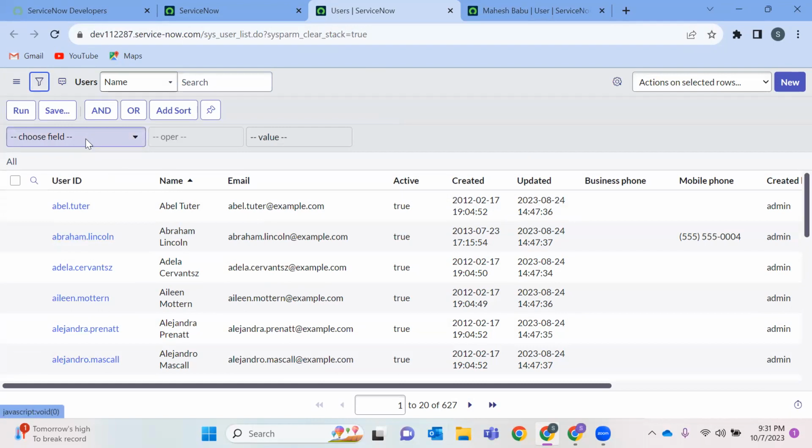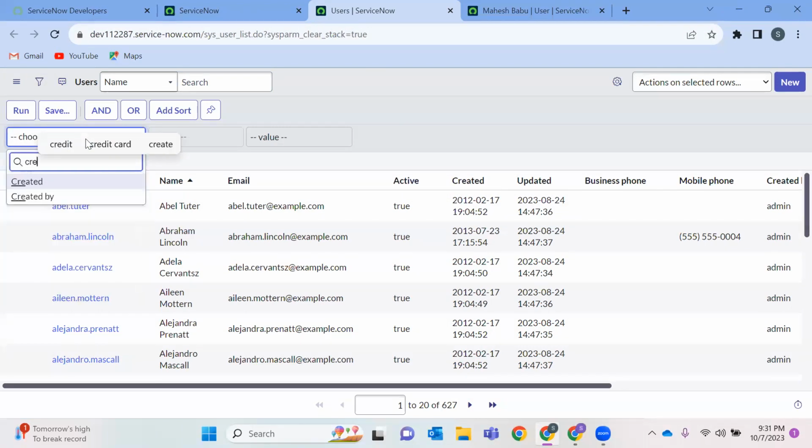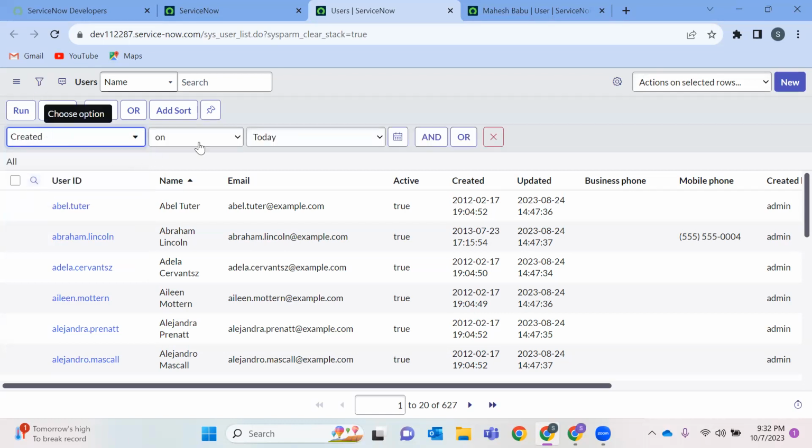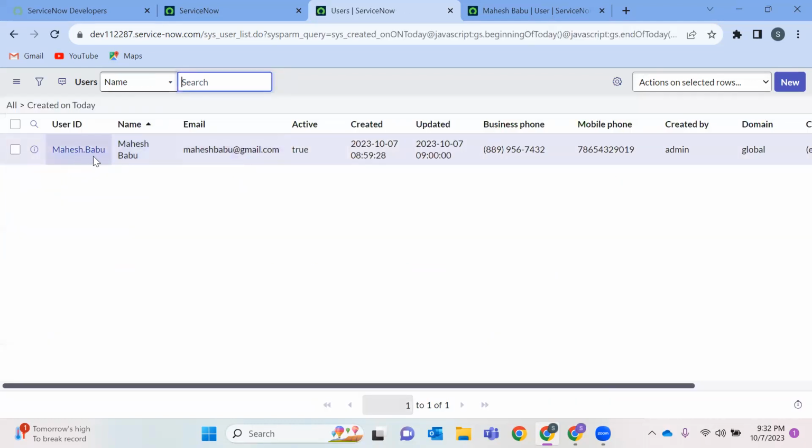Don't worry, we'll be learning all these filters in our coming days. So for now, I'll just run a simple query. See, created on today. I just selected the field created on today, and I'm running this. I can see the Mahesh Babu profile. Is it clear, guys? On the table you can see this information.